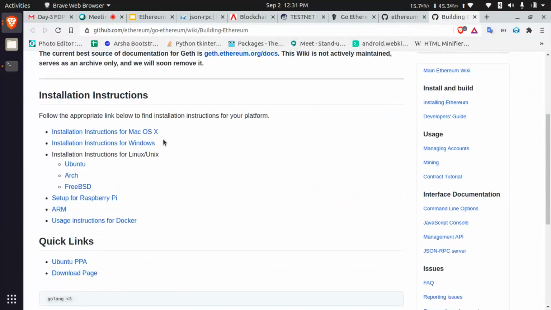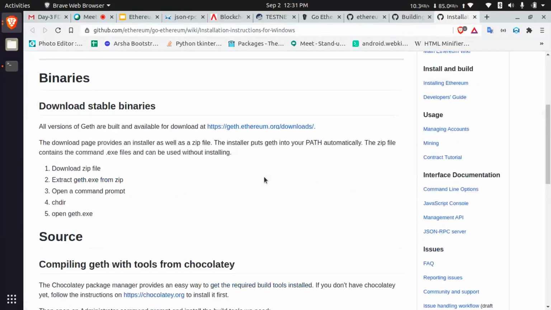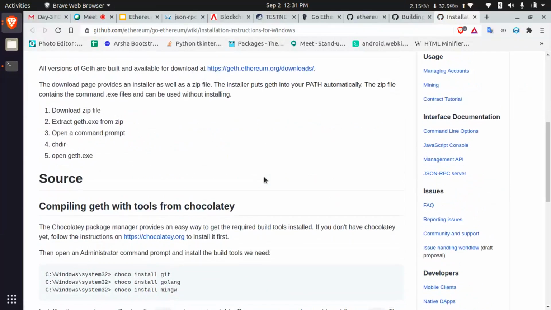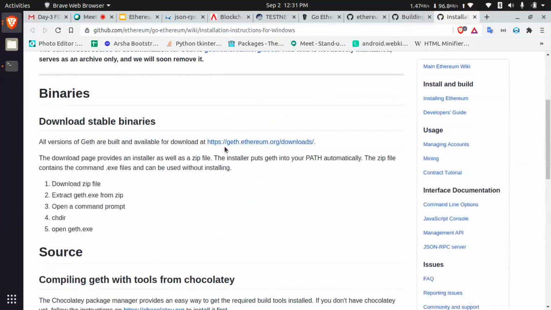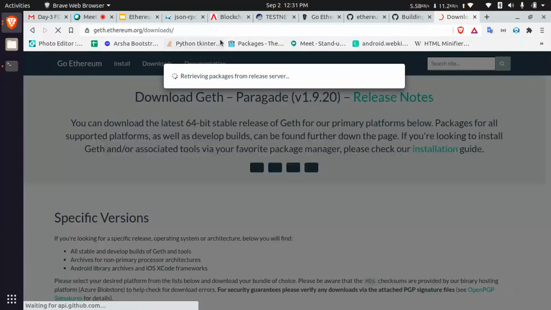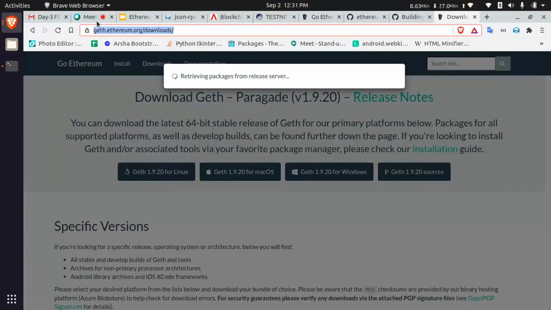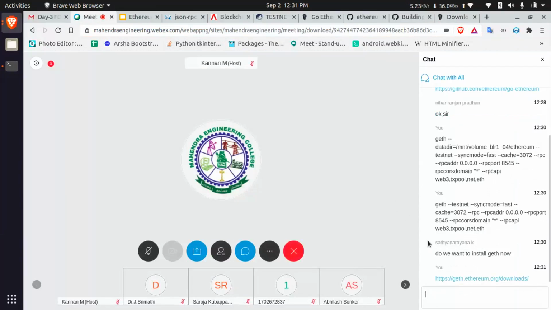Windows or Linux or Mac? Windows. Okay. There is a geth.exe there. Just move to downloads. It will automatically download your exe.